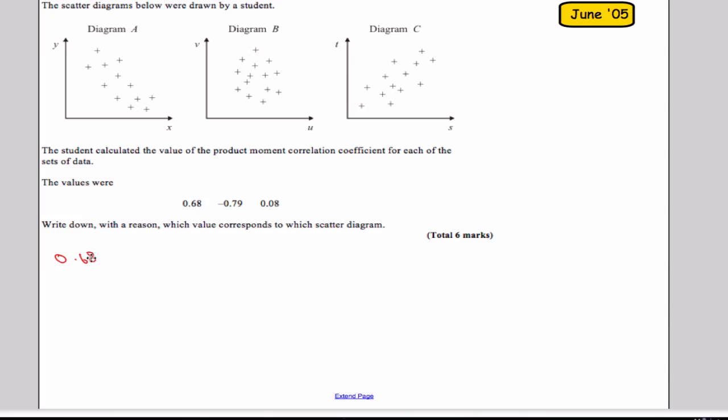It's a relatively strong, in comparison to the rest, positive correlation. So that would correspond to diagram C. The reason, as it is